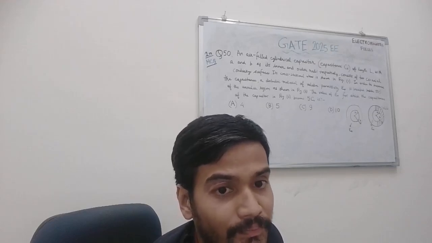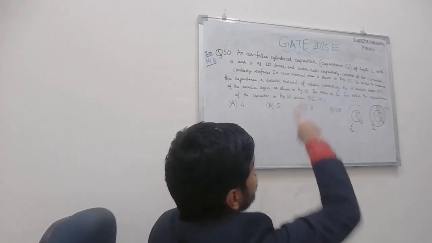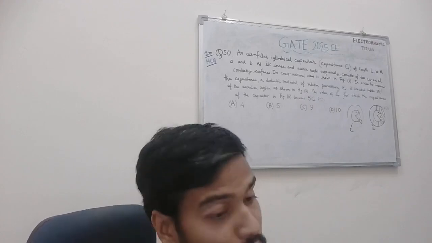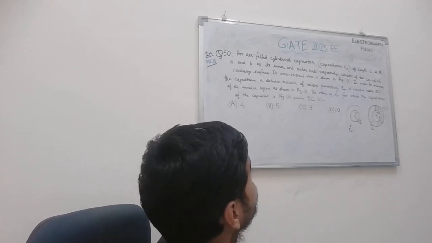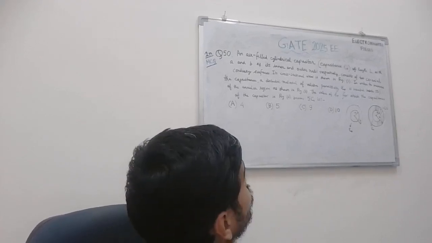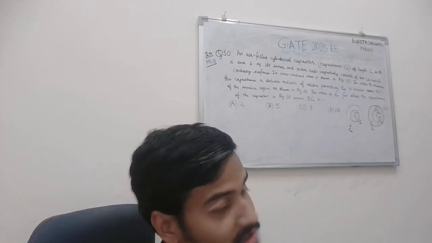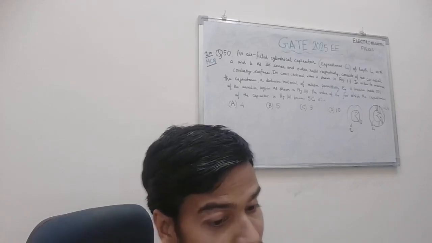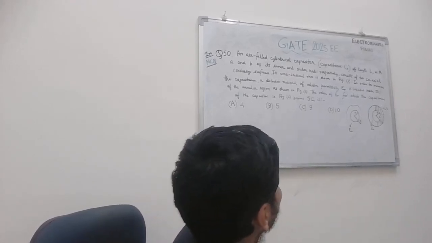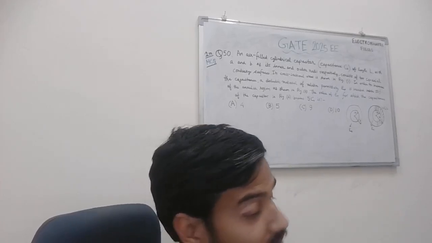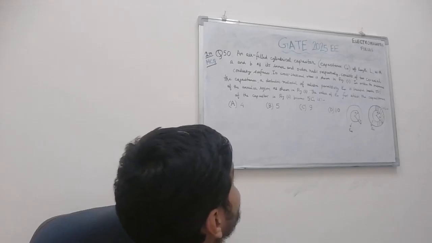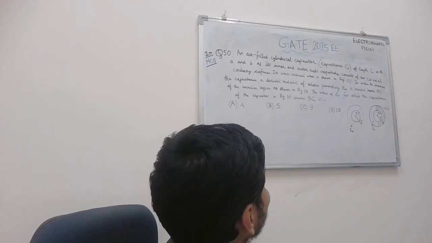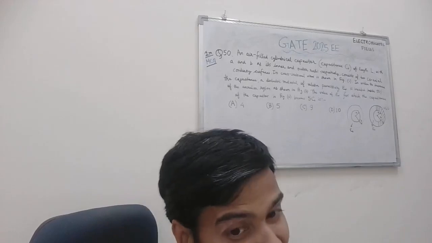And the question goes like, an air-filled cylindrical capacitor of capacitance C naught and length L, with A and B as its inner and outer radii respectively, consists of 2 coaxial conducting surfaces. Its cross-sectional view is shown in figure 1. In order to increase the capacitance, a dielectric material of relative permittivity epsilon r is inserted inside 50% of the annular region as shown in figure 2. Find the value of epsilon r for which the capacitance of the capacitor in figure 2 becomes 5 C naught.